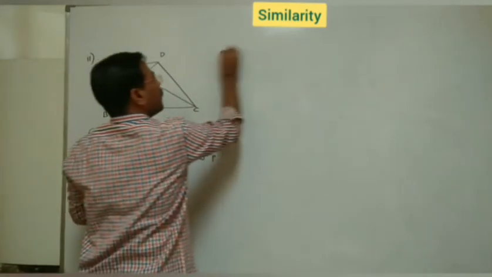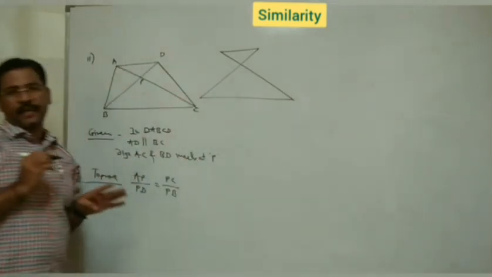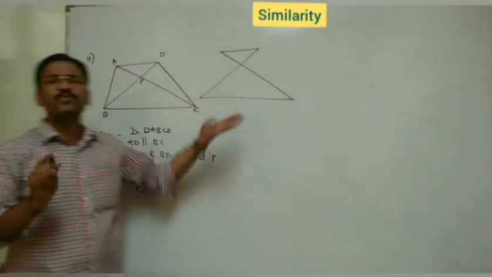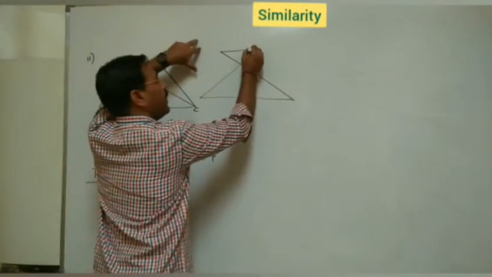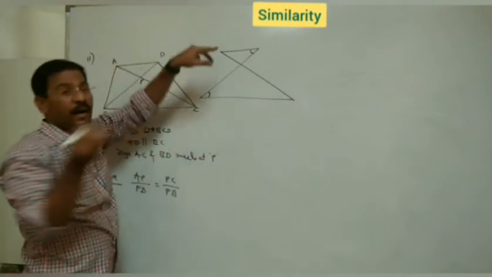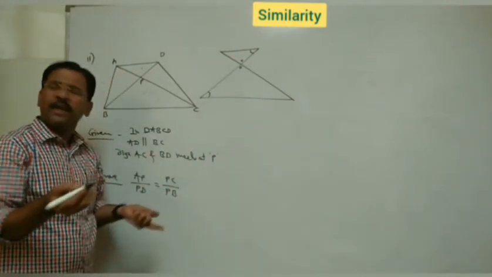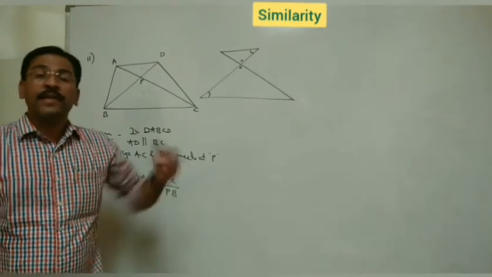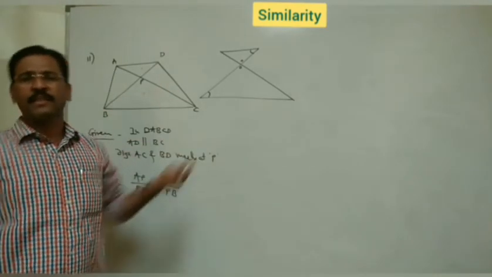Okay? Already we solved so many examples with triangles like these two. We can easily prove these two similar. Why? Because these two are parallel. Means we can take this as alternate angle. We'll take this as vertically opposite angle. Hence, the two triangles become similar. Their sides are in proportion. Put the values and we can find something.